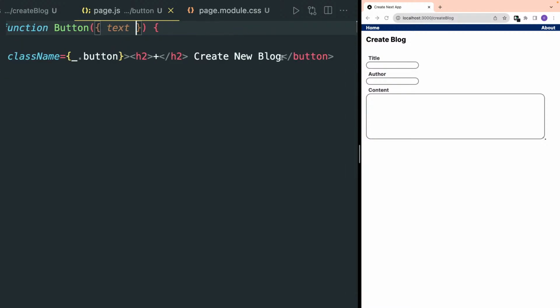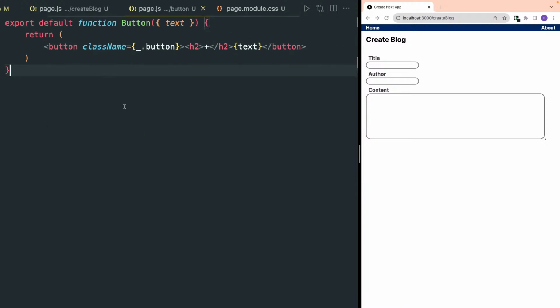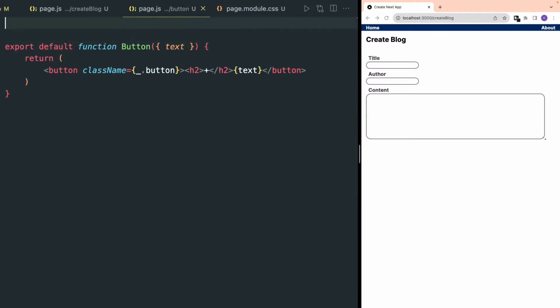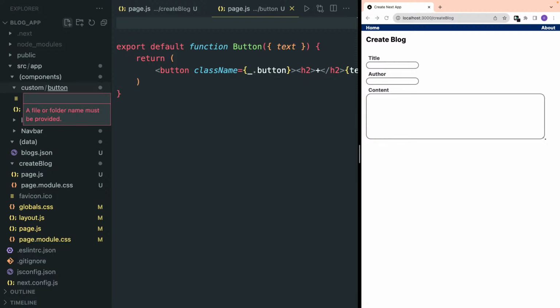So we will get a text prop in this button component, text, right? So okay, I will also create a new file inside this custom button. I will create a page dot module dot css,